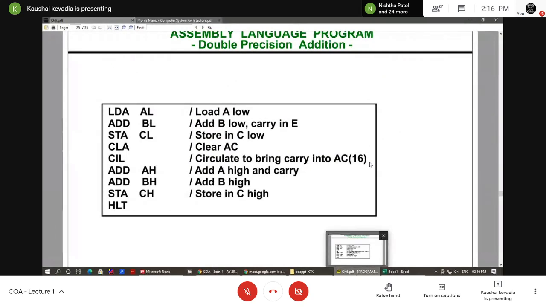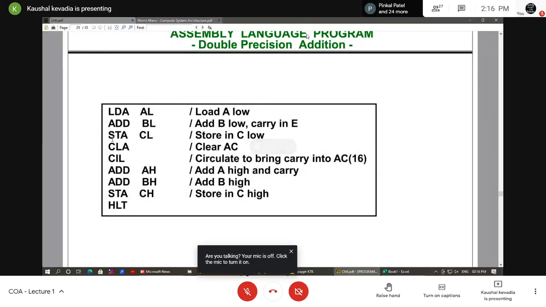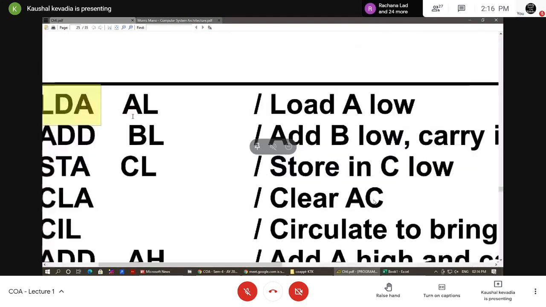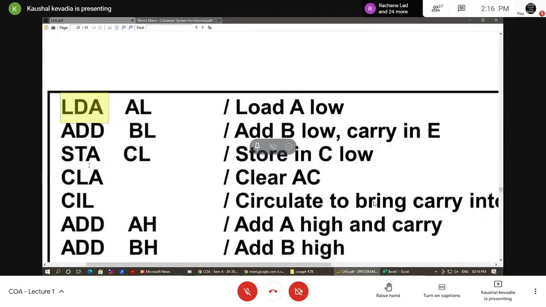When we are executing the program, please be ready with the whole instruction set, so that you remember what the work of each instruction is. Then you will find it easy to understand the program. And when you try to actually write the program, if you have a very good grip on this instruction set, then you can easily write the program for any task.